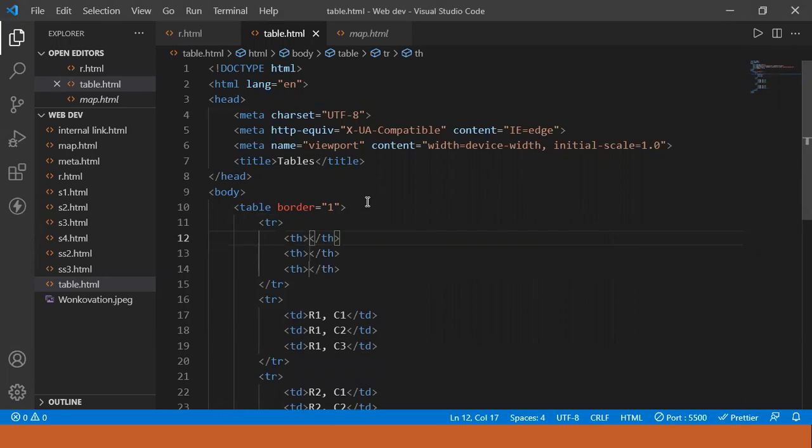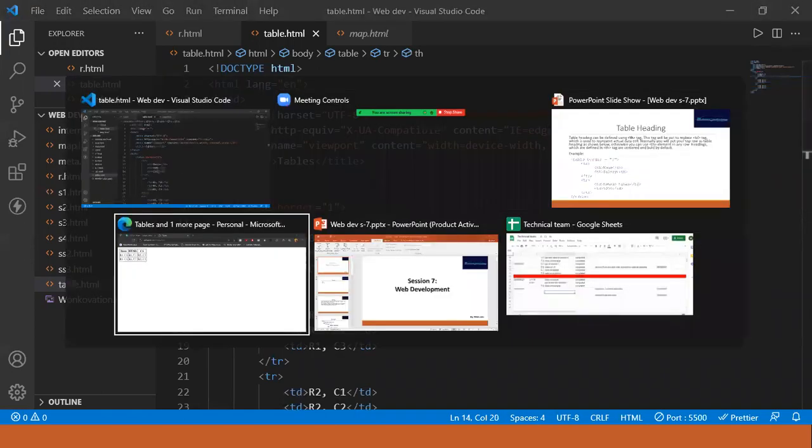In the first column I want to say it is Basics, after that I want to say it is HTML, and after that CSS. See, the headings are in the center as well as bold. Yes, now we are able to see it. So it is bold as well as centered.